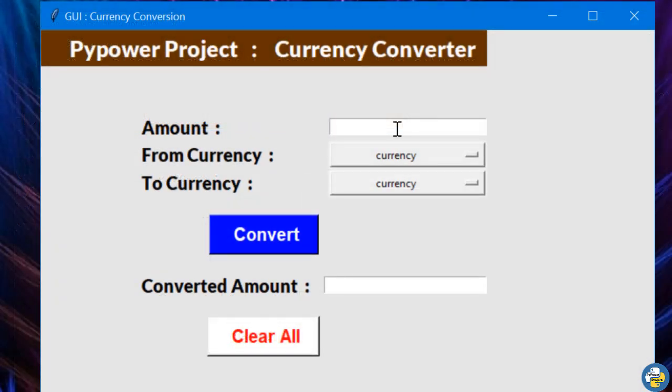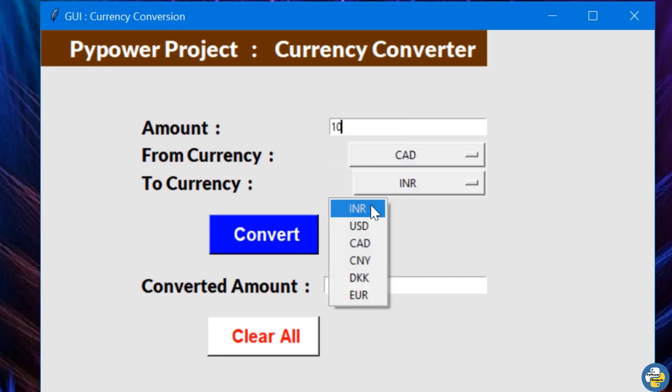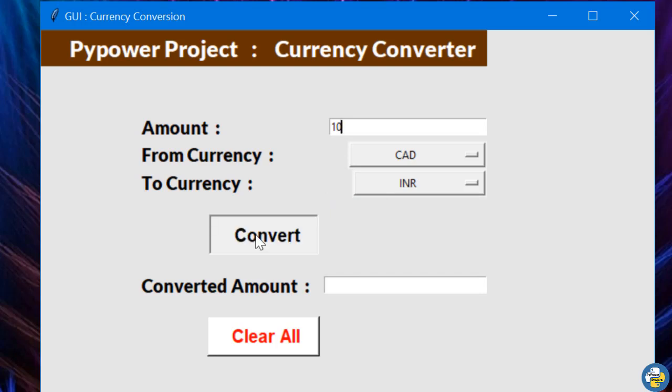So we have to enter the amount. For example, let's say 10, and from currency, Canadian dollar, CAD stands for Canadian dollar, and to currency INR, and convert. So the converted amount will be displayed in this text box.